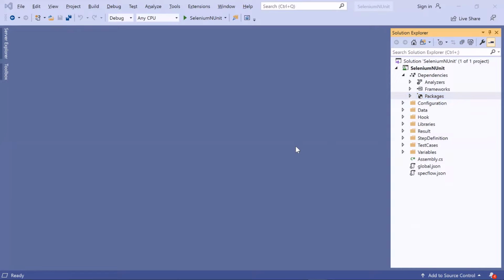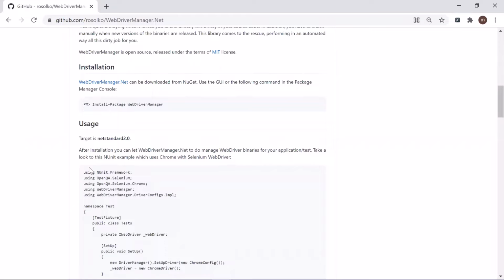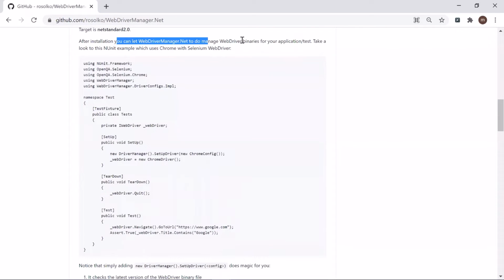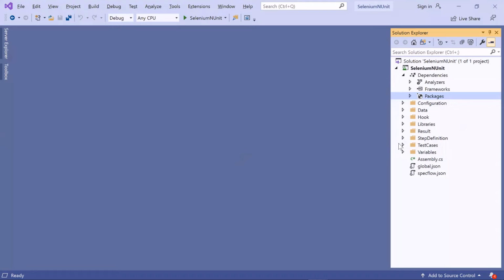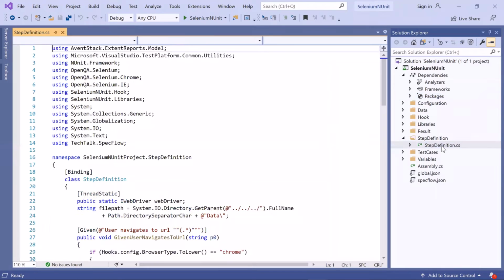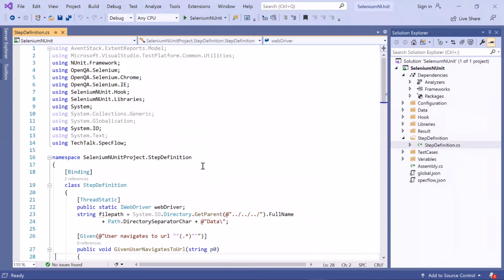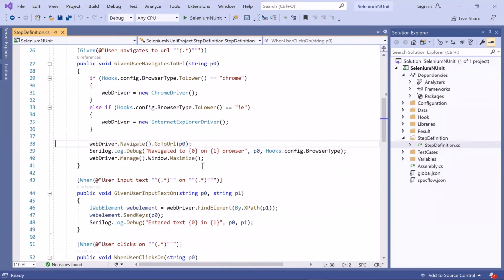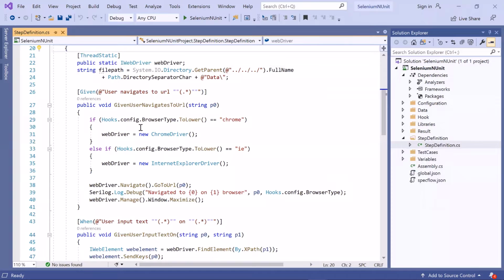Now the next step is to let WebDriver Manager set up WebDriver binaries for our tests. And to do that, we have to write this piece of code in the framework to set up the browser driver before we initialize our WebDriver object. Now we'll go back to the project and then we'll open a step definition class. As we can see, we have initialized the WebDriver object based on the browser type.